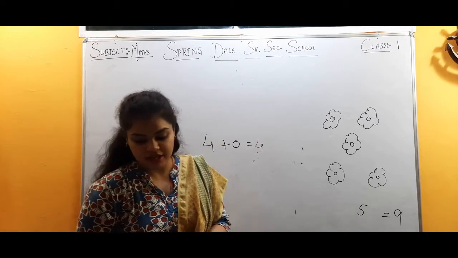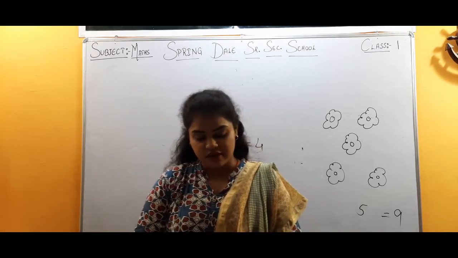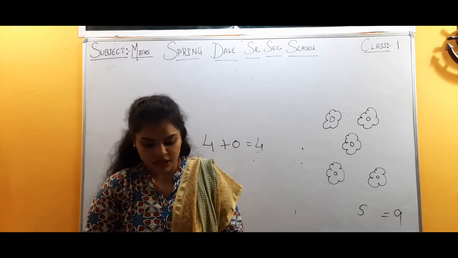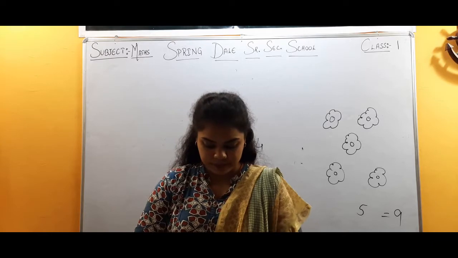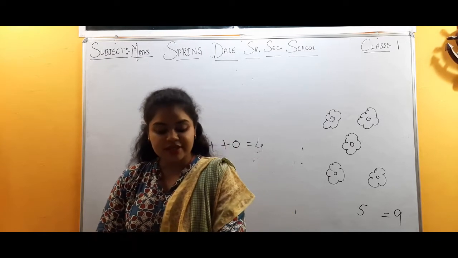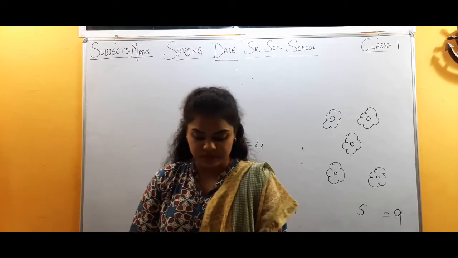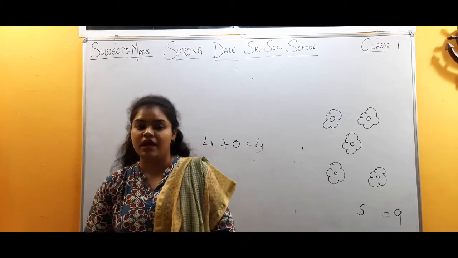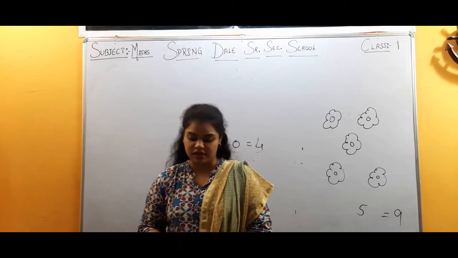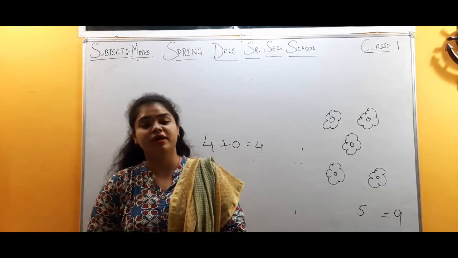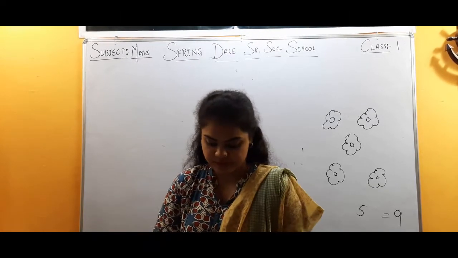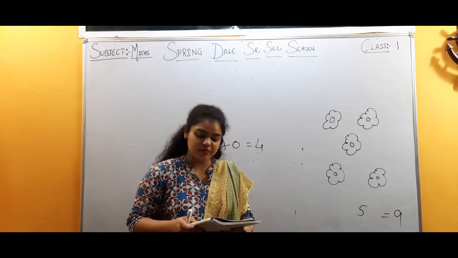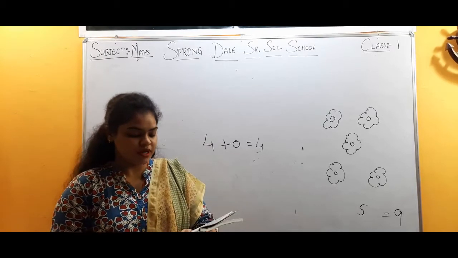Okay children? The next question we have, write the correct numbers in the circle. Now in this, what you have to do is, the question is given 5 plus 3 equals to 3 plus 5, and then we have equal to 8. Now we have to make the 2 pairs of the same number. The first one is done for us. The B part we will be doing. First we have